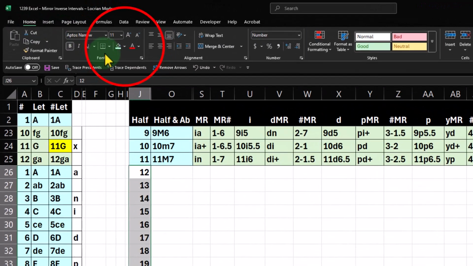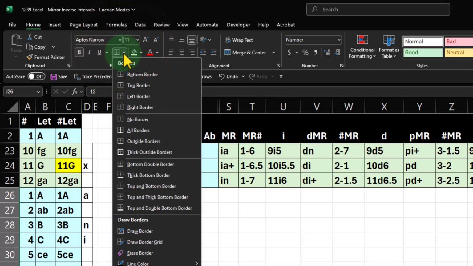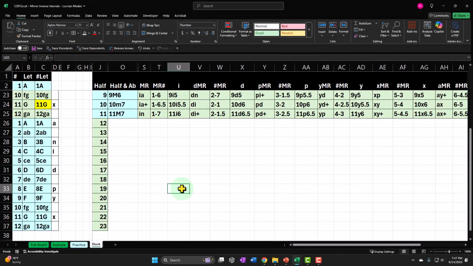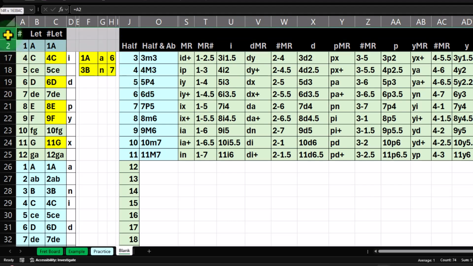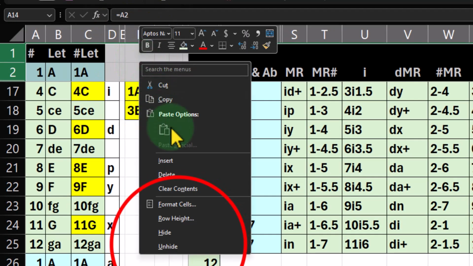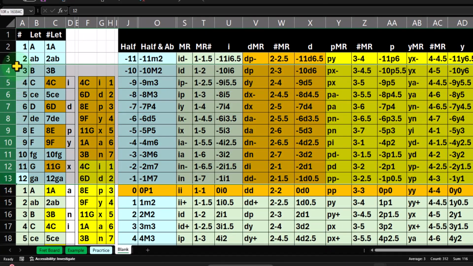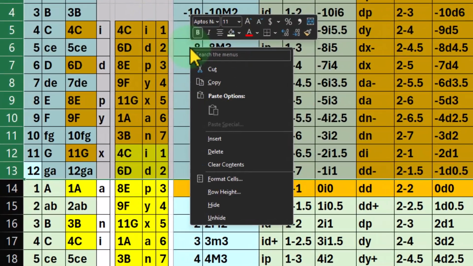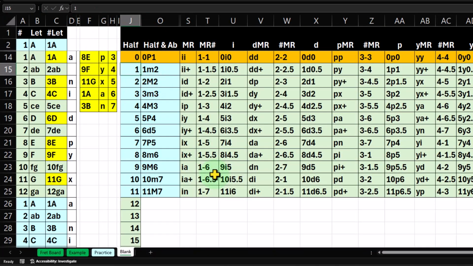I'm going to go Home tab, and let's make that green and bordered. So now we'd go up stepwise. We can go up, hold on a second. Why did I start at a 3 here? Something funny's happening. Let's unhide again, and I want to hide from here to here. Right click and hide. Okay, so we could go from stepwise up through 11,